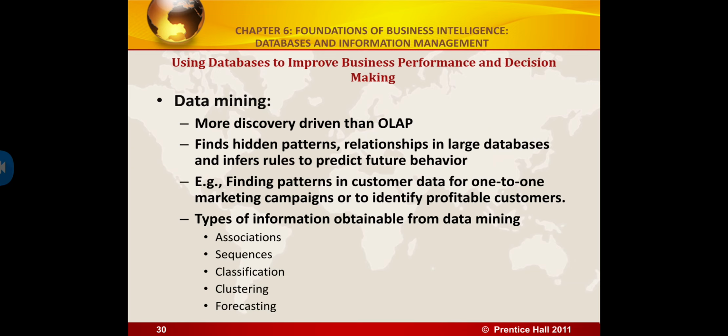So there are different types of information obtainable from data mining. We have associations, which are occurrences linked to a single event. In sequences, events are linked over time. So we might find, for example, that if a house is purchased, a new refrigerator will be purchased within 2 weeks, 65% of the time, and an oven will be bought within 1 month of the home purchase, 45% of